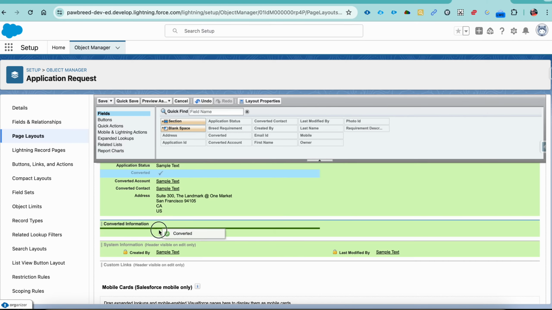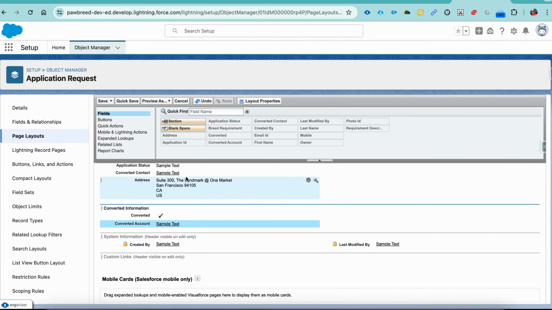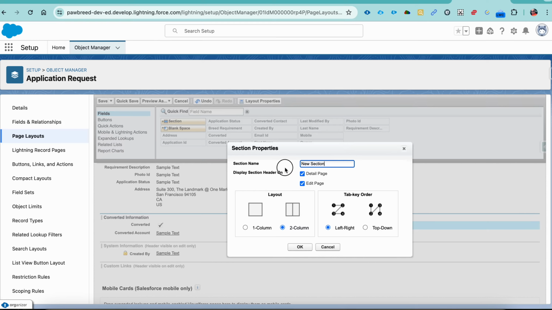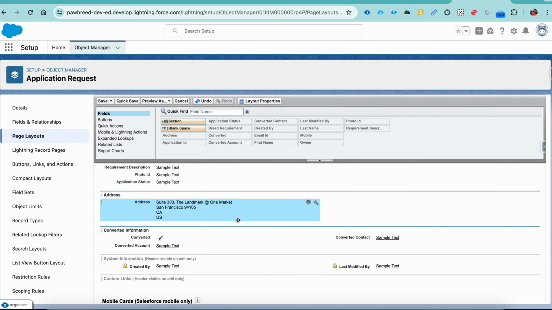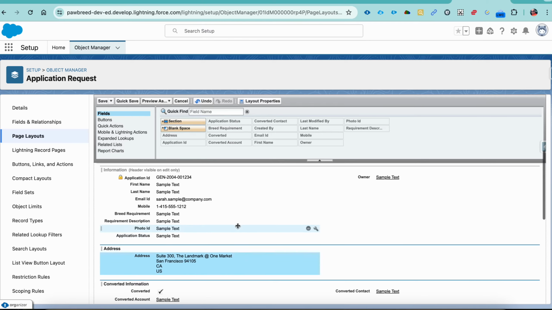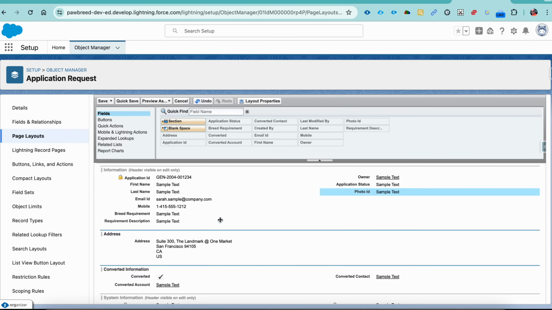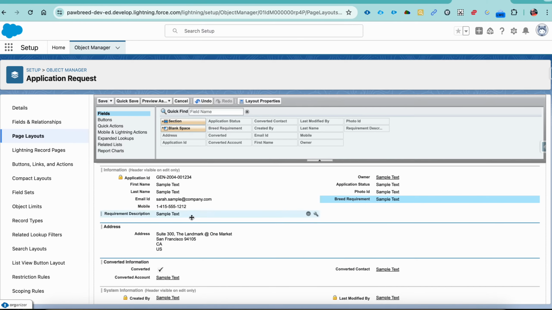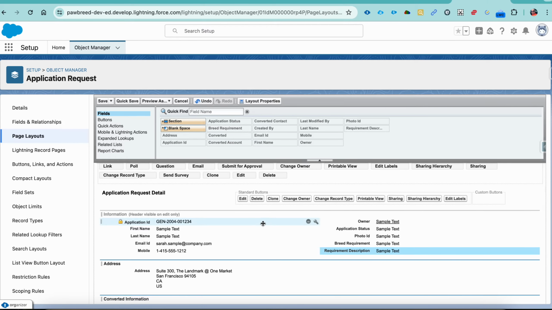And we have the converted checkbox, converted account and the converted contact. Create another section called address. Let's populate the address fields here. Then let's make it a 2-column layout. Once you have done these layout changes, the field placement,